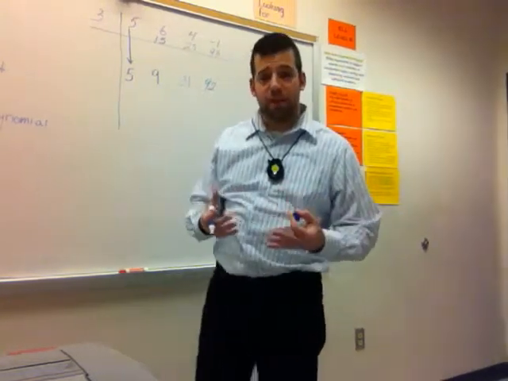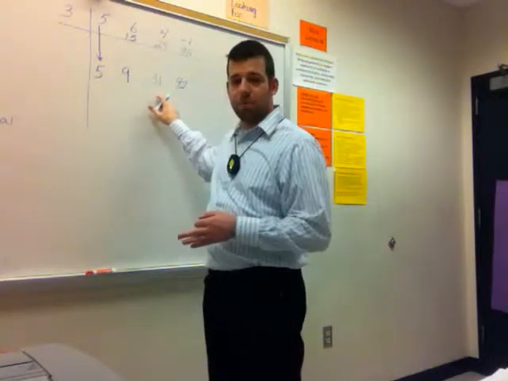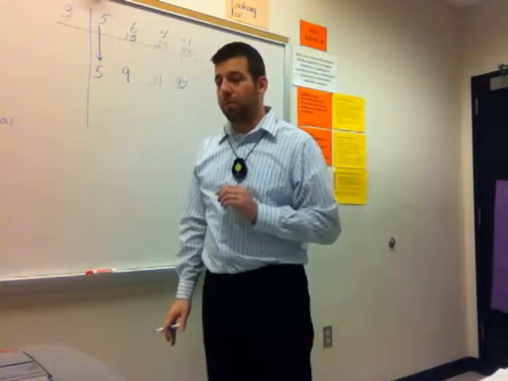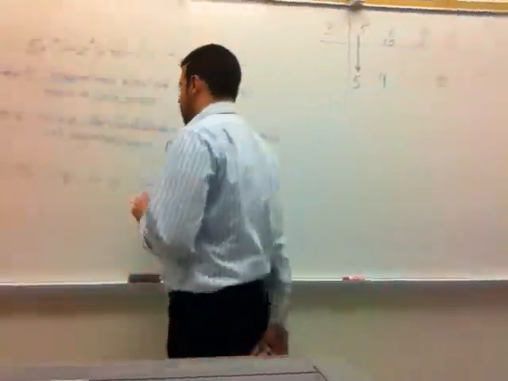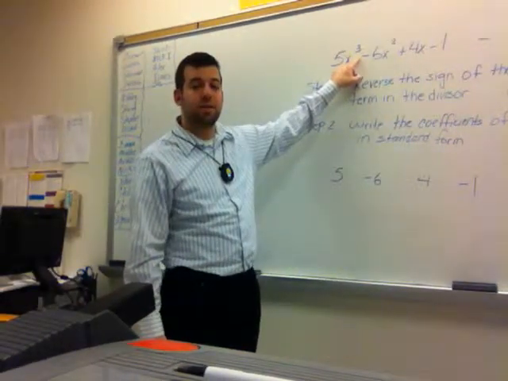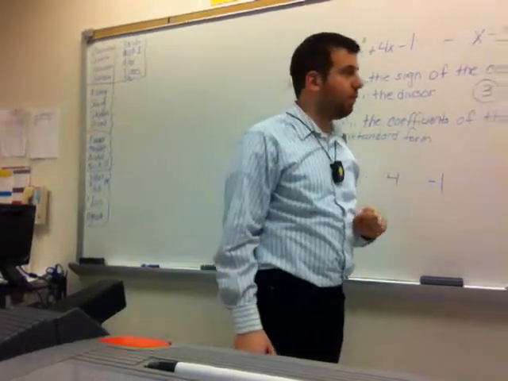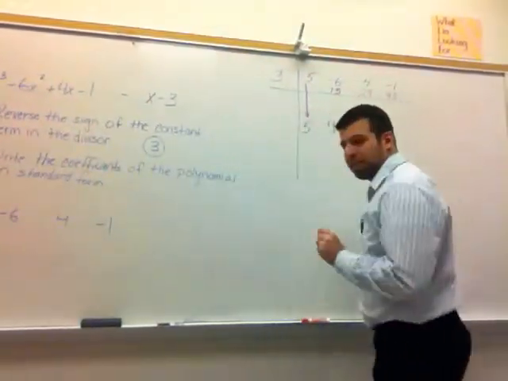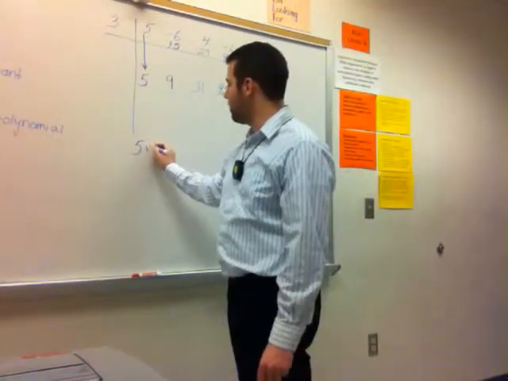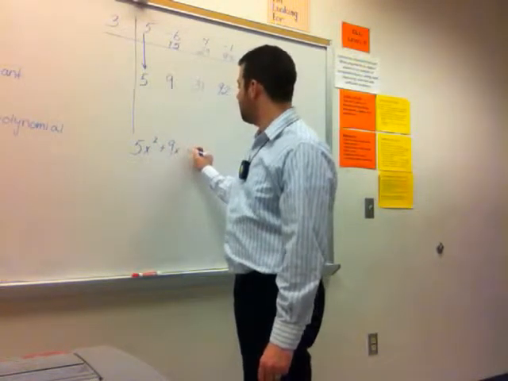Now, in order to write your final answer, it's important to put it back into standard form, using the resulting numbers as your new coefficients. One thing we want to remember, looking at our original problem, we started with an exponent of 3. We're actually going to decrease that by 1. And what that's going to do is allow us a place for our remainder, giving us a result of 5x squared plus 9x plus 31,